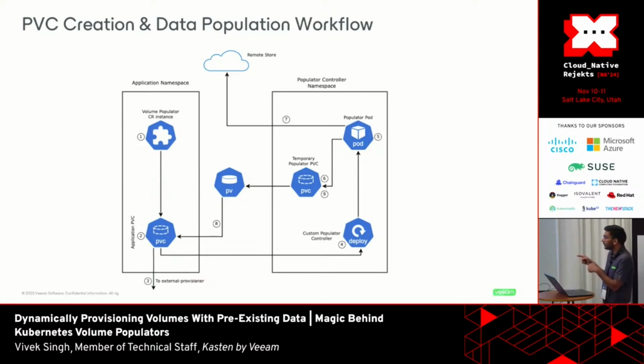That custom controller, if you see here in the populator controller namespace at step 4, is also listening on the create, update, or delete events of PVC. And this populator controller, as soon as it knows that a request is created for a particular PVC resource with the data source set to the same volume populator resource that this controller is responsible for,